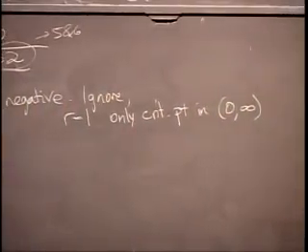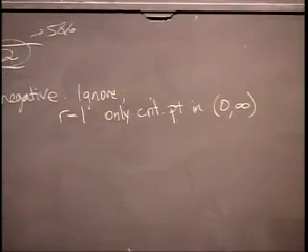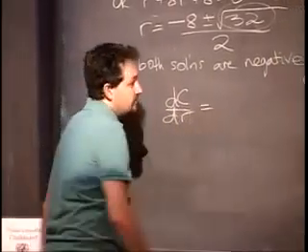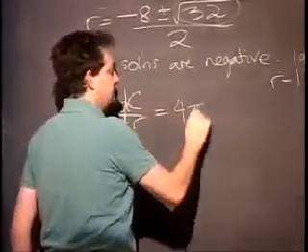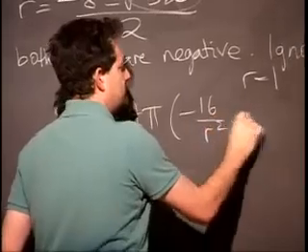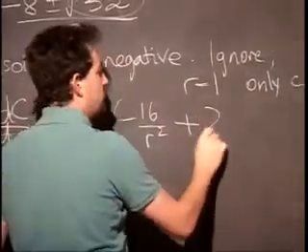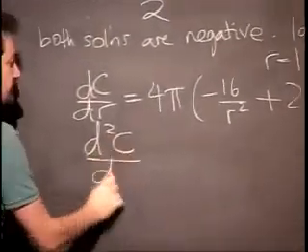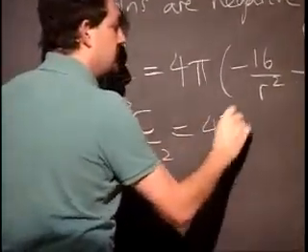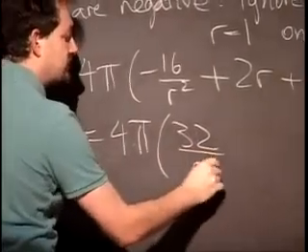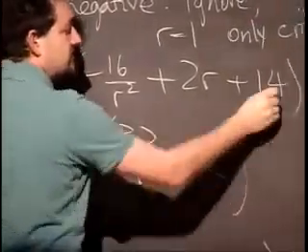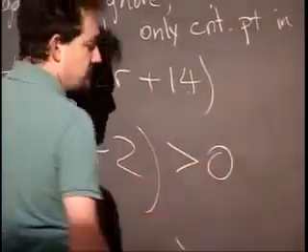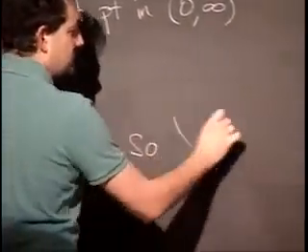Okay, let's again check that it's a minimum. We have dC/dr, which was on the other board here. I'm just going to differentiate. Actually, I'll write it out again. What the hey? What do we get? 4 pi times minus 16 over r squared plus 2r plus 14. Actually, the second derivative in this case is the same as it was in the previous case. It's 32 over r cubed plus 2. This is a constant, so its derivative is again 0, and this is again positive, so once again we have a local minimum,